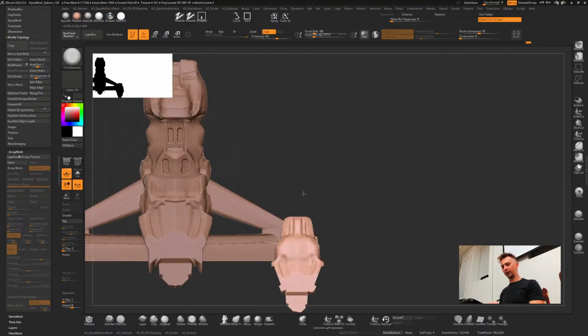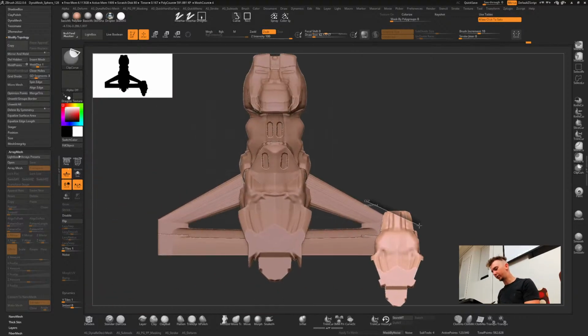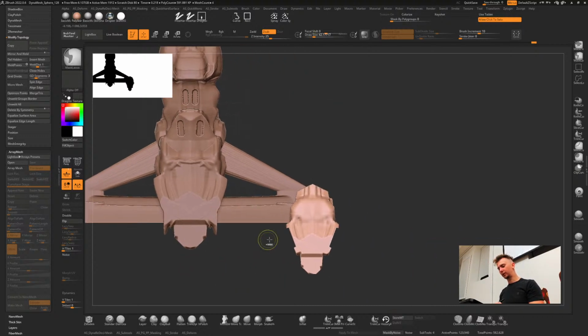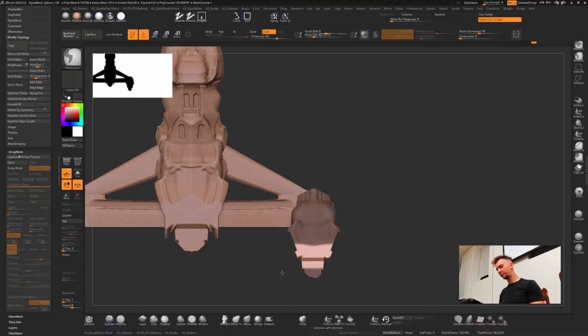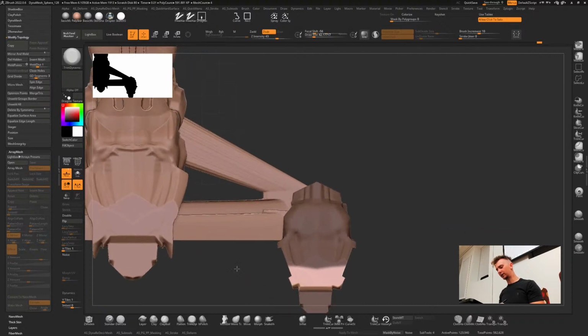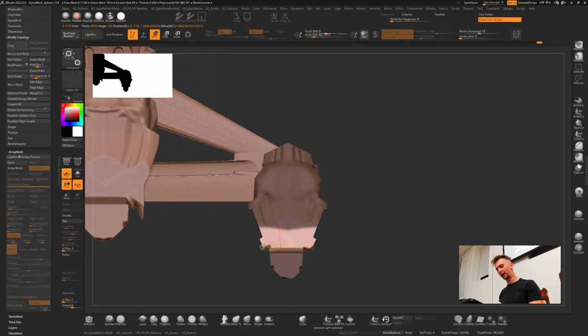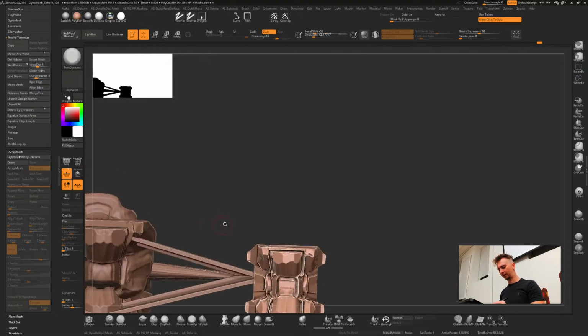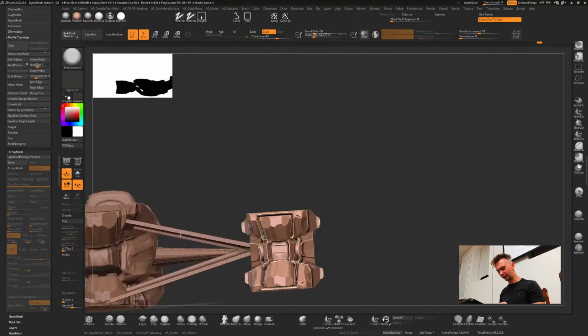Trim Dynamic, just classic, the most classic brush. It's not perfect, but it's such a classic, old school trimming experience. It trims dynamically.